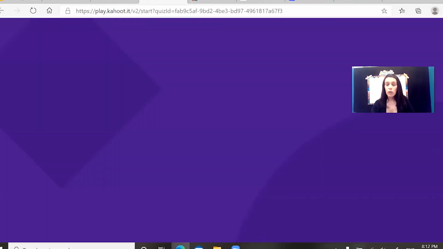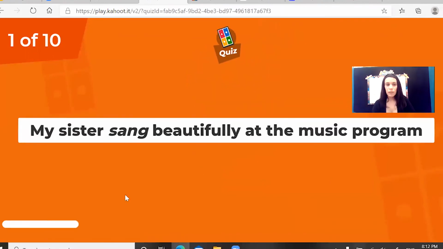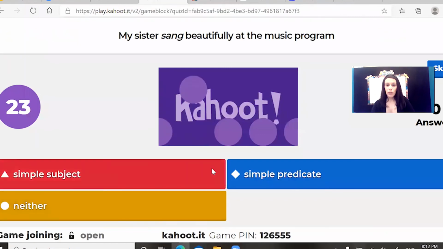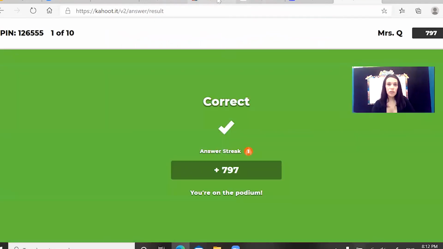So let me show you what it'll look like on their end. Yes, informal assessment, kind of fun, and you'll see why. This is a question that's being asked. And on their end, they don't see the question. They just have to pick one of the answers. This is a question you're projecting, and this is what they have on their end. They pick an answer,